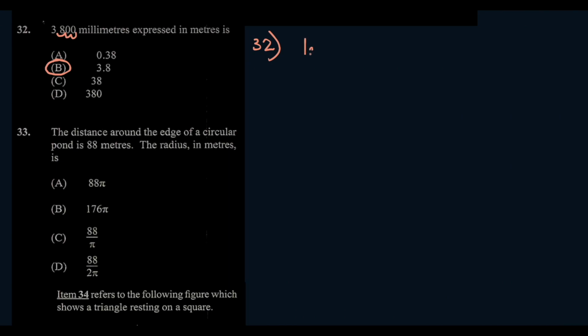So 1 centimeter is equal to 10 millimeters. Now, if I wanted to figure out how many centimeters are in a meter, so 1 meter is equal to 100 centimeters. So as you can see here, if I have 1 meter, which is 100 centimeters, if I want to convert this piece by piece, I can convert the 3,800 millimeters. So using this concept here,